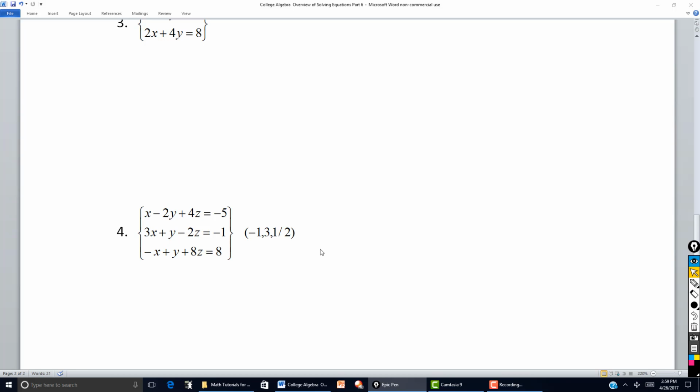You want to reduce it down to two equations with two variables, and then eventually one equation with one variable, and then you solve for all of them. So in this one we have three variables. So I'm going to eliminate